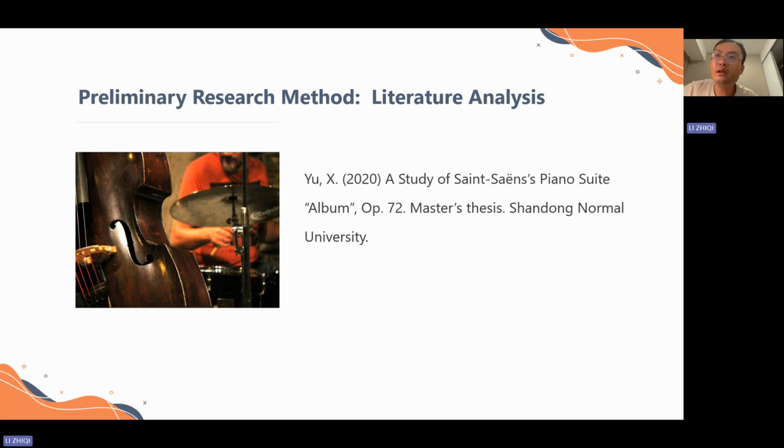Yu Xinyang's research focused on the middle period piano suite by Saint-Saëns, offering a bridge between his early and late compositional style. The thesis analyzes harmonic usage, thematic development, and stylistic characteristics on Op. 72, which helped me draw meaningful comparisons with